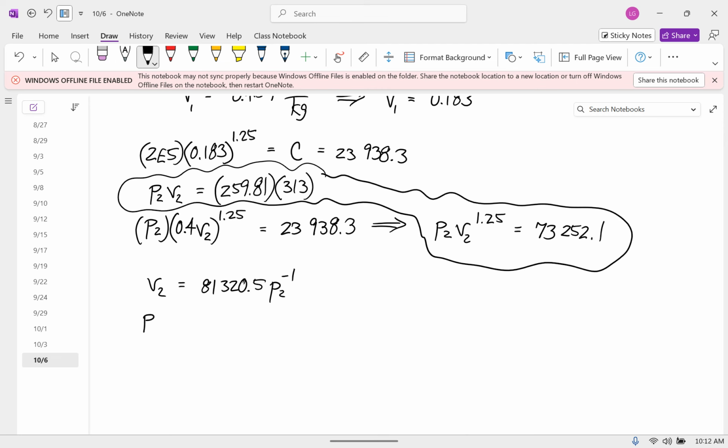So we have P2 times 81,320.5 P2 to the minus 1 to the 1.25 is equal to 73,252.1. And so we have P2 times P2 to the minus 1.25 is equal to,